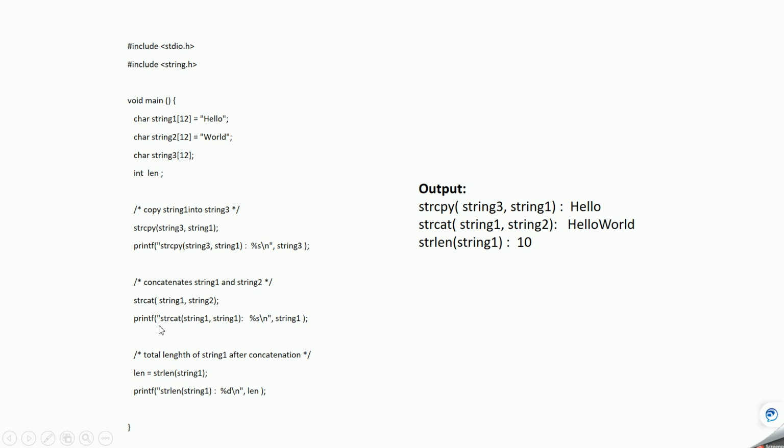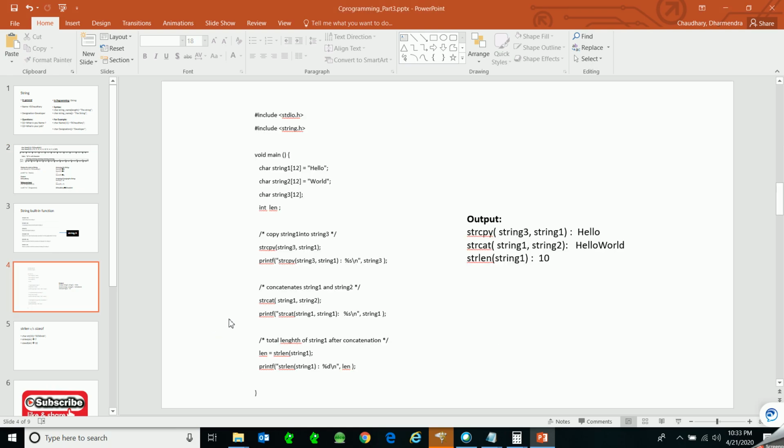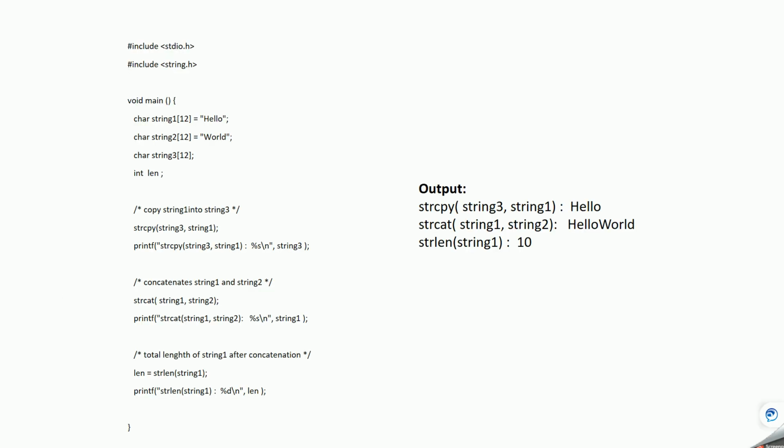When we perform this operation, there is a typing mistake over here, but that will not affect it much. I had a lot of space left to fill, so that's why we were able to combine the two strings and put them into string 1.